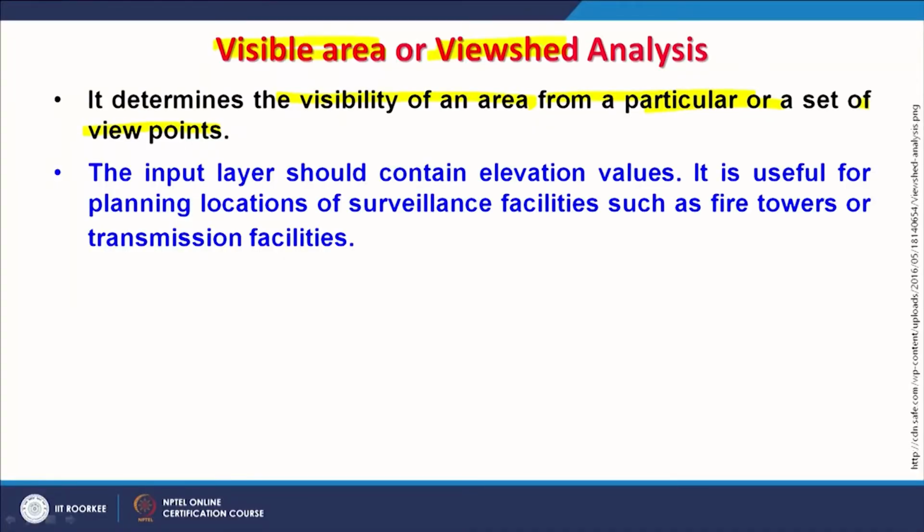Viewshed analysis has applications for various purposes: from a security point of view, from mining operations, and for many other operations, including mobile towers and laying of power cables. So, viewshed analysis can also be employed. What is the input layer here?